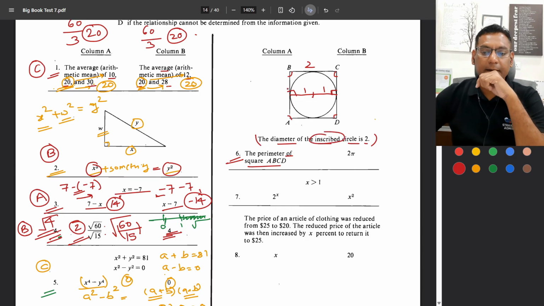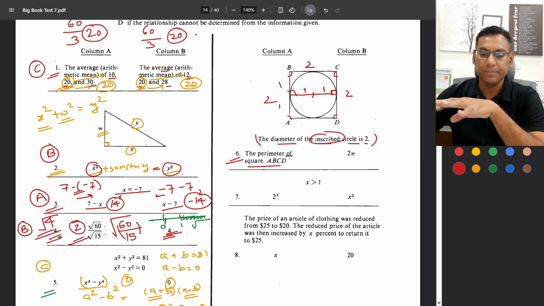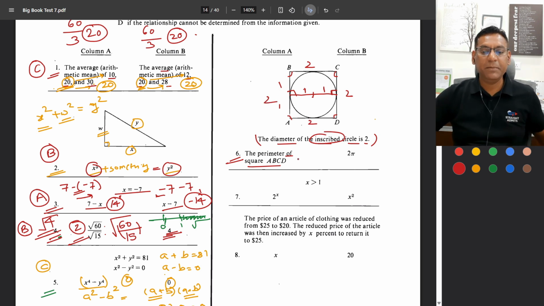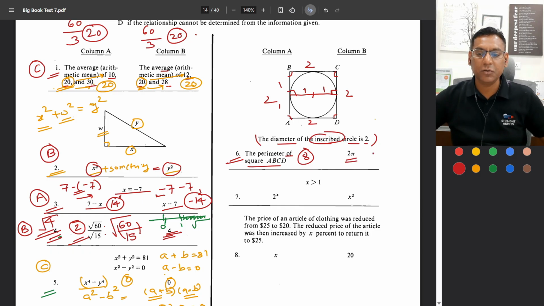Okay. So this is also a 90, 90, 90, 90 rectangle, so parallel sides are going to be equal, so this is going to be 2, this is also going to be 2, 2 on all sides. Okay, because that's a square. So the perimeter is going to be 8, right? 2 plus 2 plus 2 plus 2, and here I have 2 pi, so 2 pi is going to be 2 into 3.14 for simplicity, so 6.28. So I have 6.28 on this side, 8 on this side. Answer is going to be answer choice